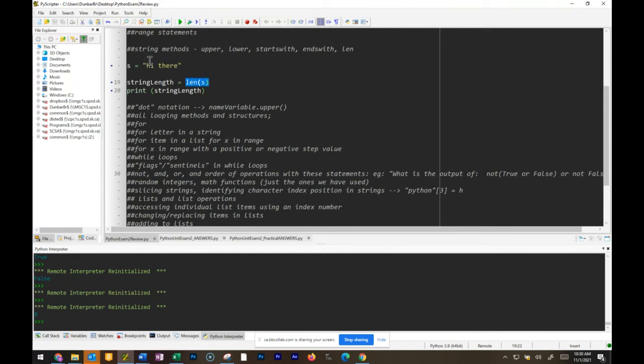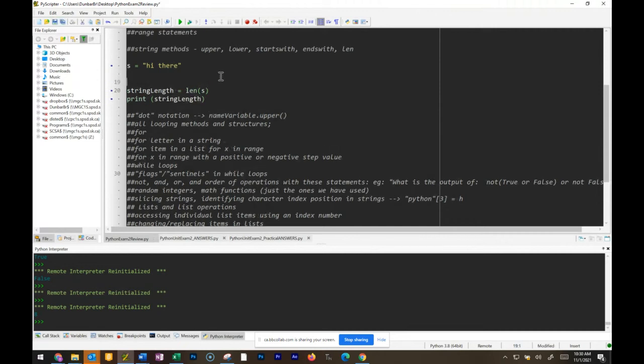It's not starting at 0 the way that index counts. It's not going to say how many characters are in this: 0, 1, 2. It's going to literally count how much stuff is in there, including spaces. So even though the index of the last letter, if I want to print the index using string slicing,